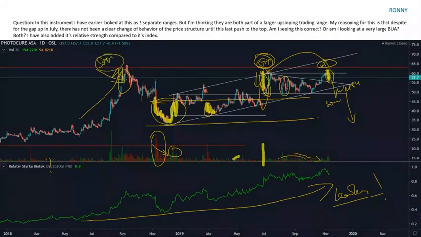So therefore, it might take even several times to try this type of attempt to get away from this area. And therefore, that could suggest a slight continuation of the duration of this range. And that's how I would be thinking about this picture until it shows me something of the distributive